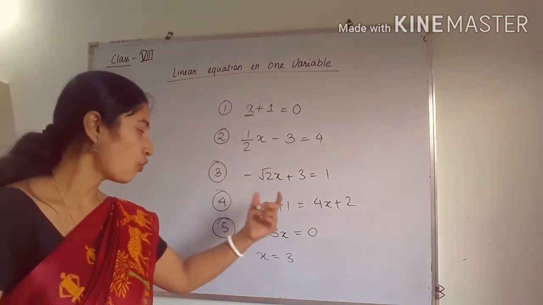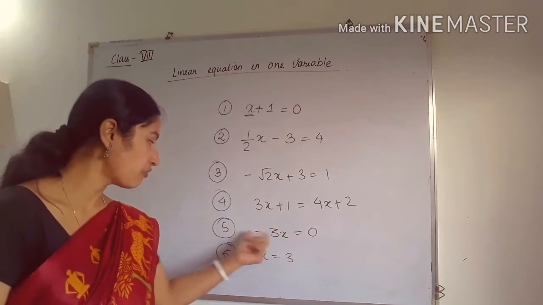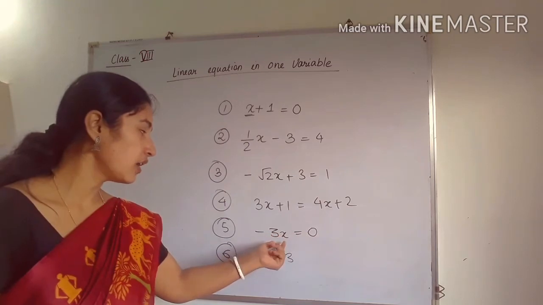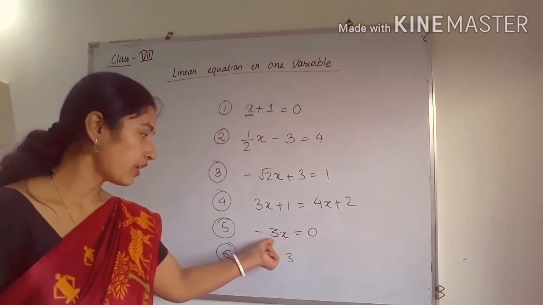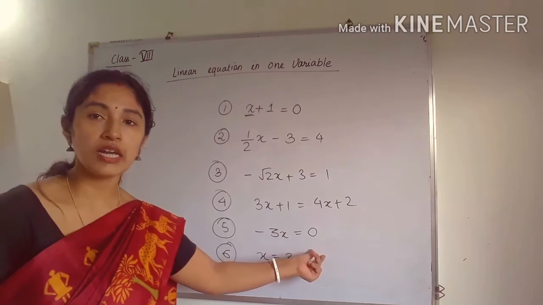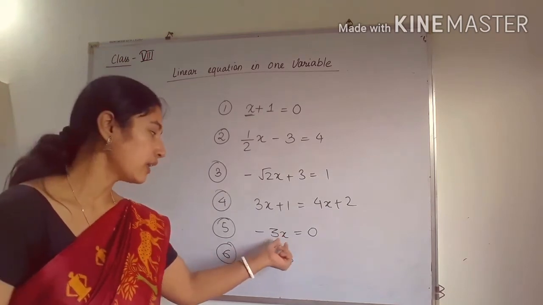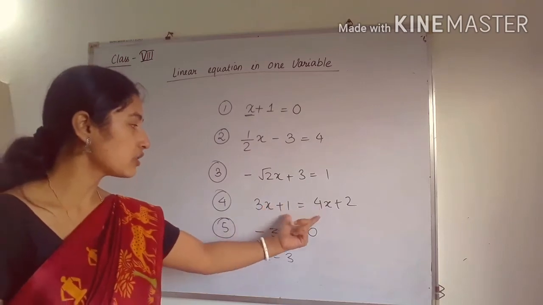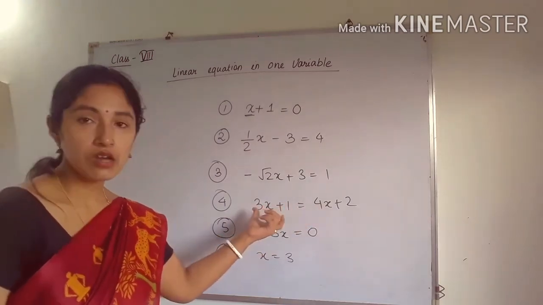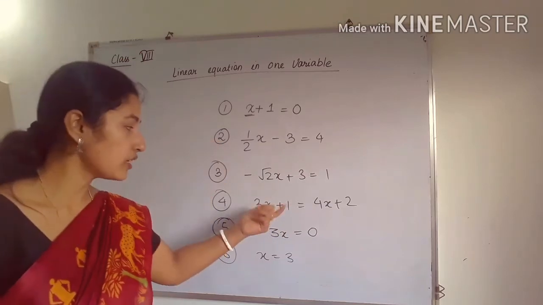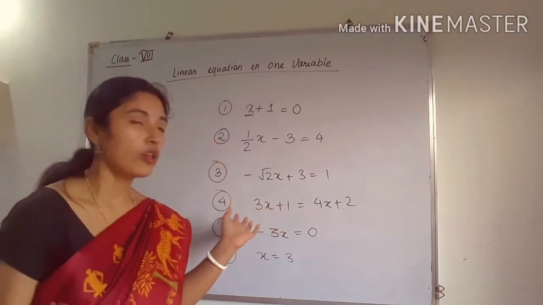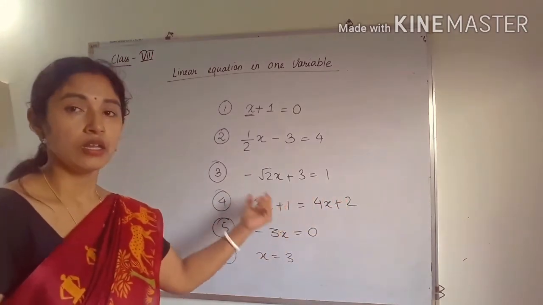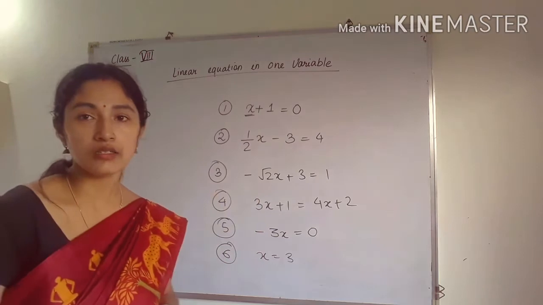For example, if I want to solve the equation number 5, then I have to transpose minus 3 to that side, and minus 3 here is multiplied with x. So if I transpose minus 3 to that side, it will get divided. Okay, so like that you will get the value of x as 0. Similarly, if I want to solve this equation, then I have to collect the x terms in one side, that is in left hand side, and I have to collect all the constants to the right hand side, and next we have to keep x alone in the left hand side to find its value.